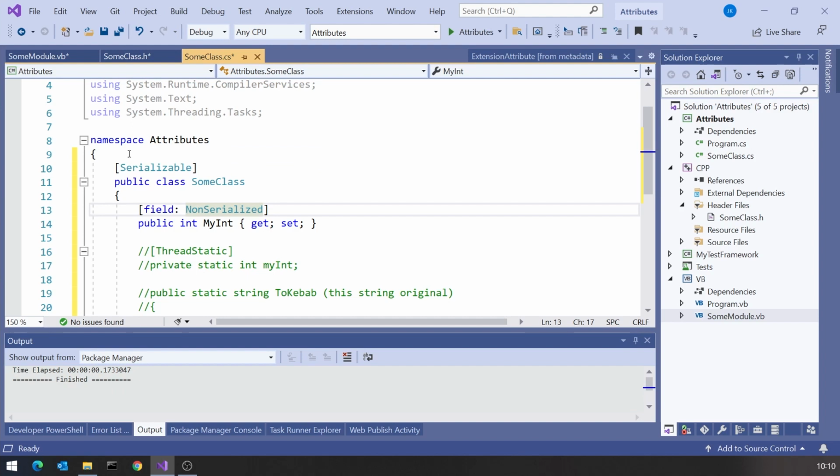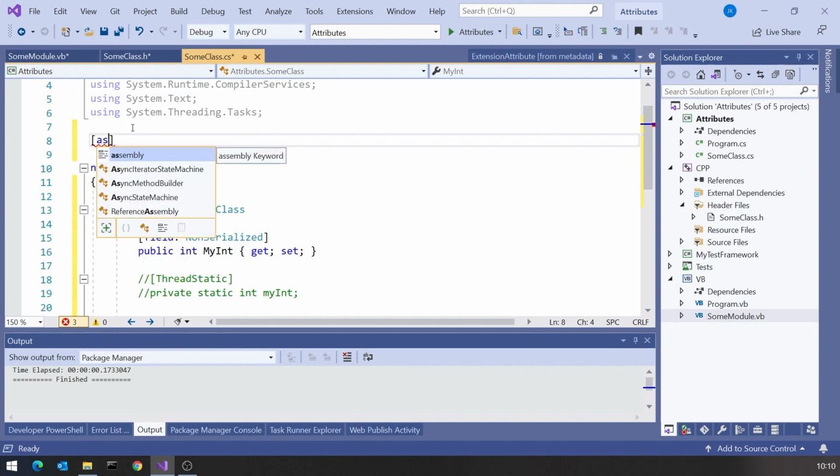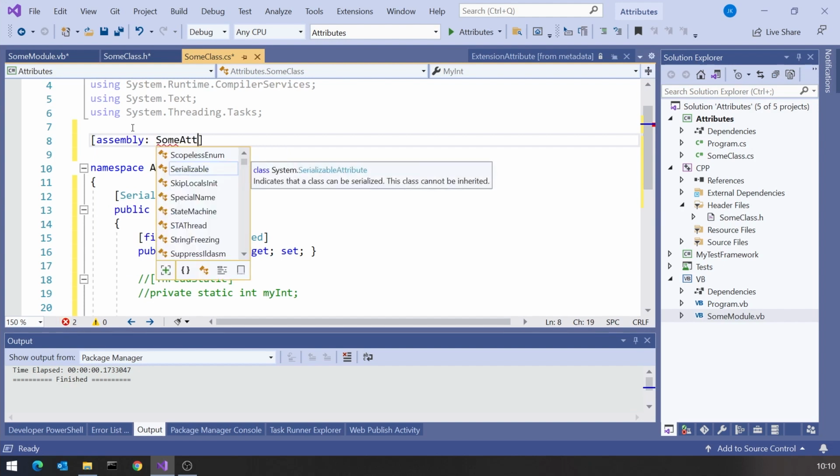And then the third one that I find useful sometimes is assembly, because as well as applying attributes to classes, fields, properties, we can apply them to the entire assembly. And obviously that wouldn't make much sense in terms of putting it before something, because you can't put it before the assembly. And the way we can do this is simple enough. Anywhere in your code within the assembly, we can put an attribute, and we just use another of these targeting words, so we can say assembly and then whatever the name of the attribute may be.